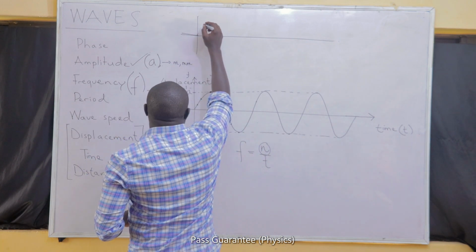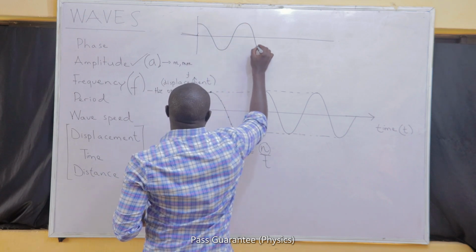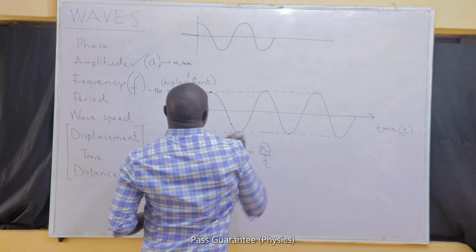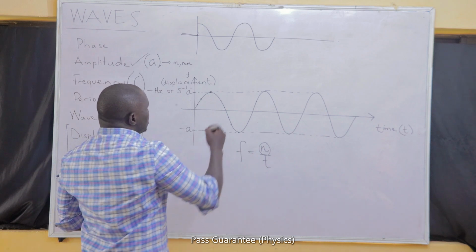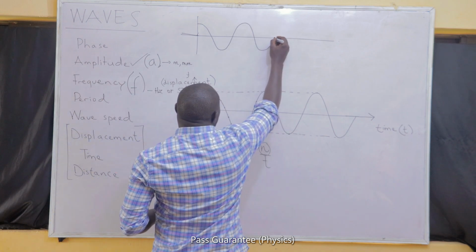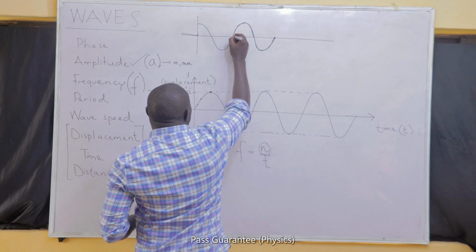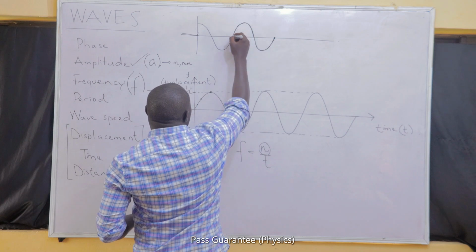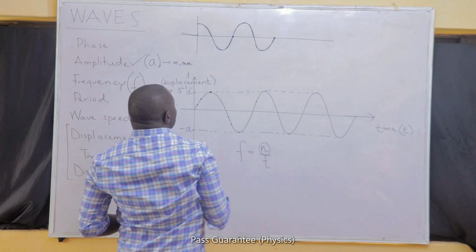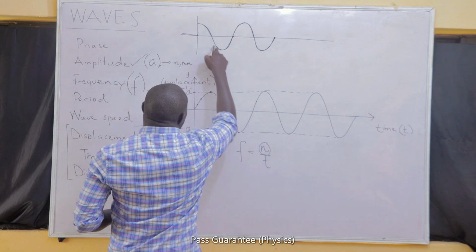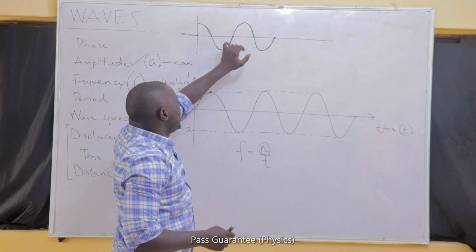We can be given a quarter of a cycle, I can be given something like this. Then you must have your way of knowing the full cycle. If I have a full cycle, you can count from the back, from anywhere that it is easy for you. I can count from here to here. That's a full cycle. This is half of a cycle. And this is not up to half. It looks like 1/4 of a cycle. So I have 1, half, and a quarter. If you add all of that together in fraction, it gives you 1.5 plus a quarter.